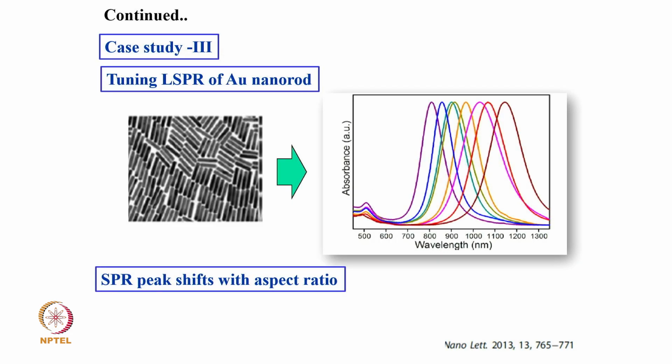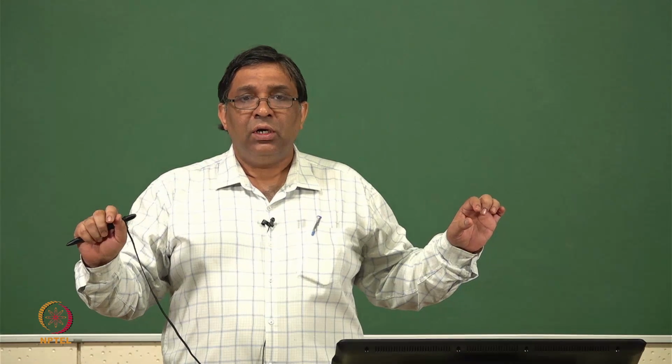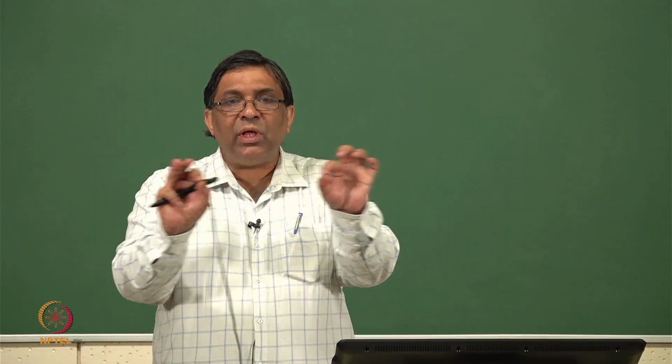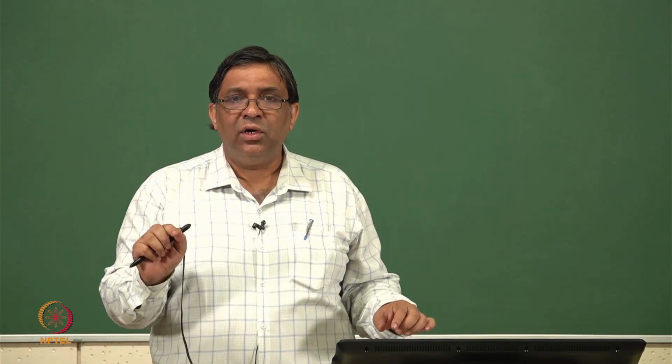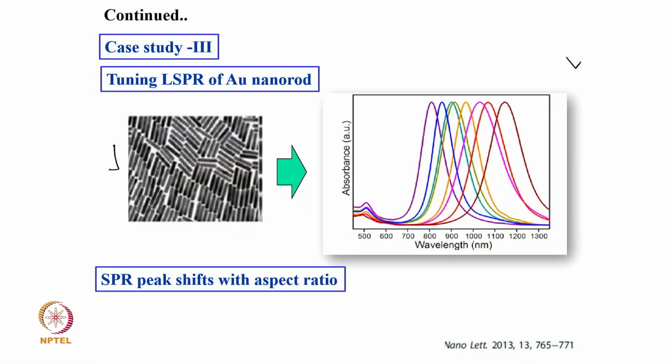This is one way. And the second case study shows something even more interesting, where instead of making a nanoparticle, you make a nanorod. Okay, you make a silver nanorod or gold nanorod. Whenever you have a nanorod, you have a length and a diameter. So you take a ratio of length to diameter of the nanorod, and you call it aspect ratio,